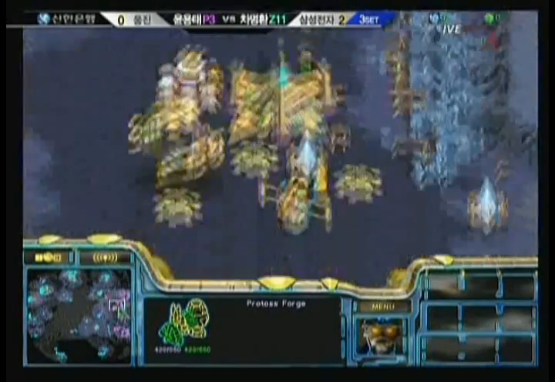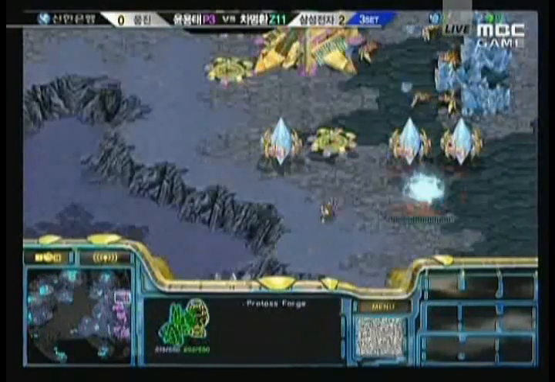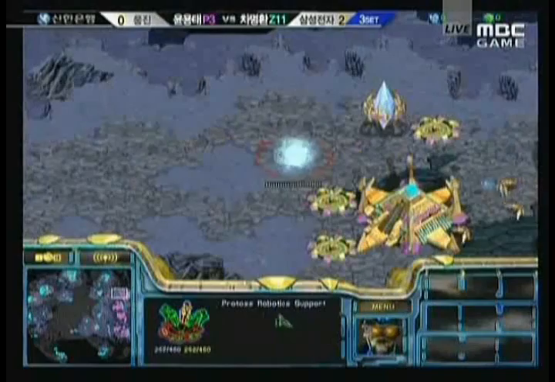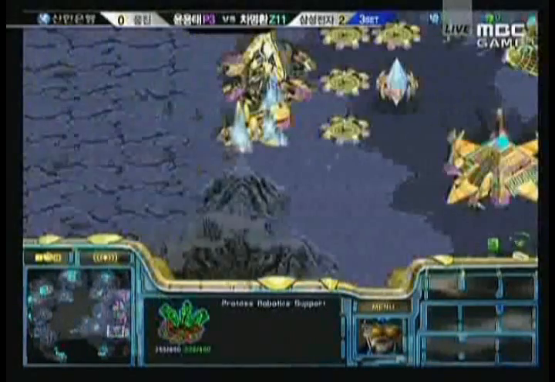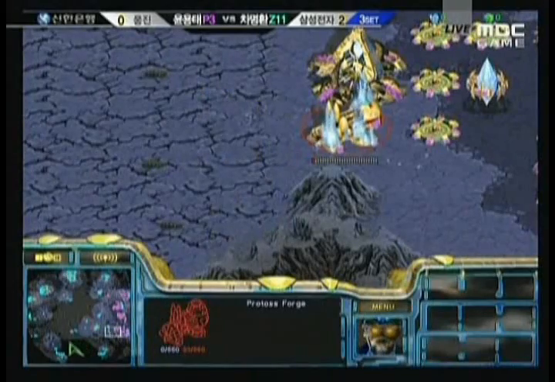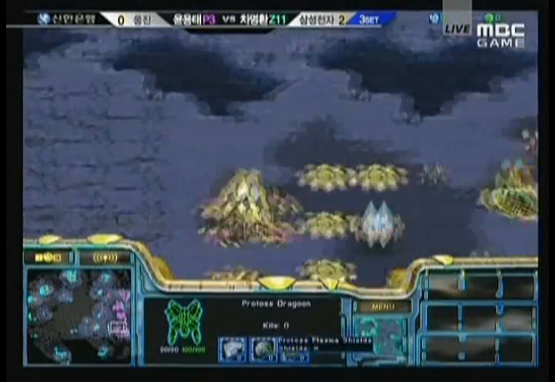Free, in his favor, has a lot of High Templar, so it's definitely going to help him out. And finally he has those Dragoons. I'm not quite sure whether they have range or not. An additional forge as well as robotic support now being put down by Free, so it's going to transition into Reavers too. And now we're going to see lurkers barreling down, just taking